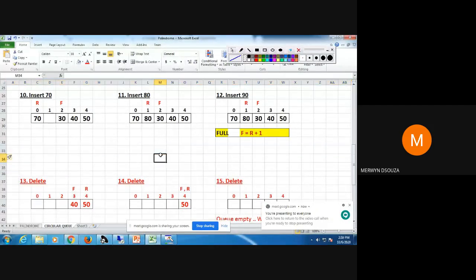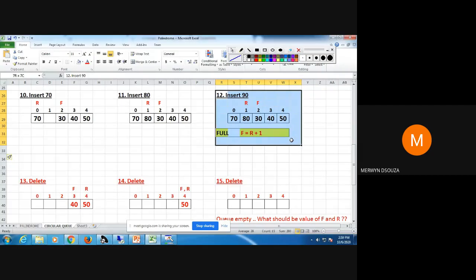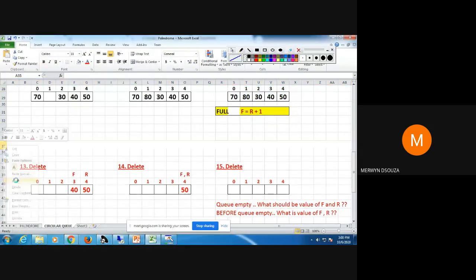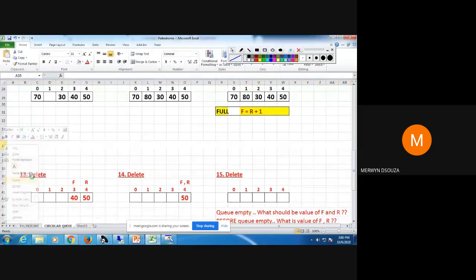Can you all do 3 times delete, continuing from step 12? Just do steps 13, 14, 15 in your books and tell me what will be the value of front and rear.